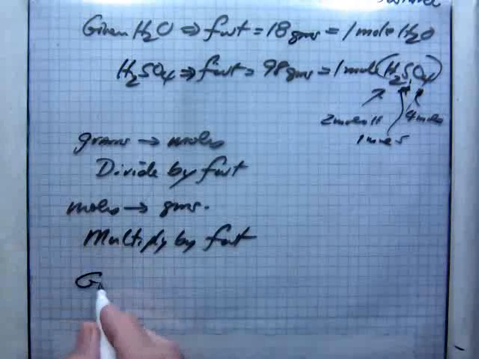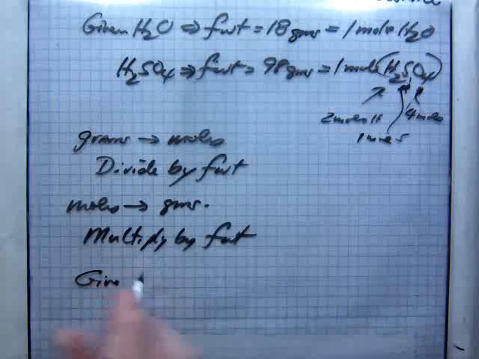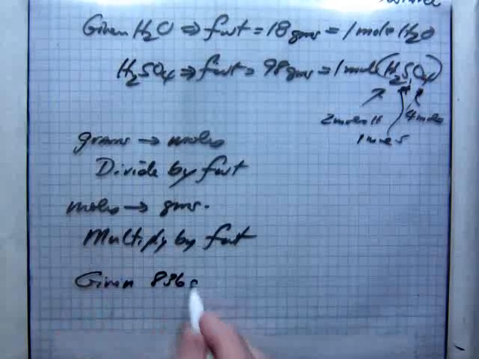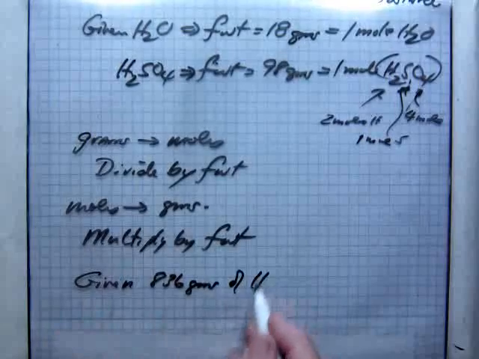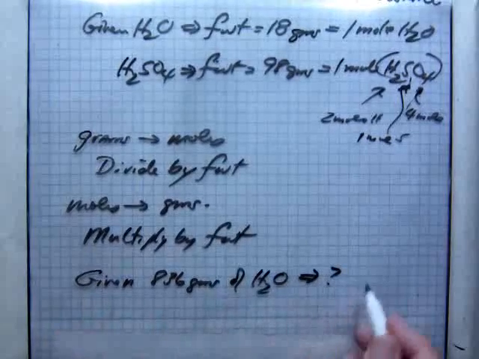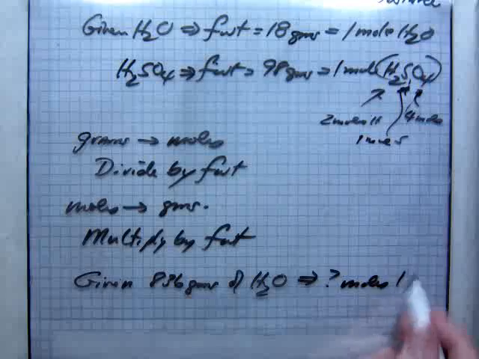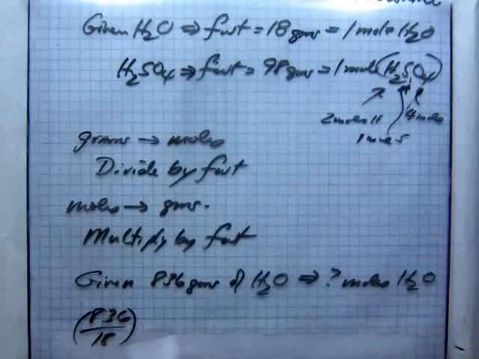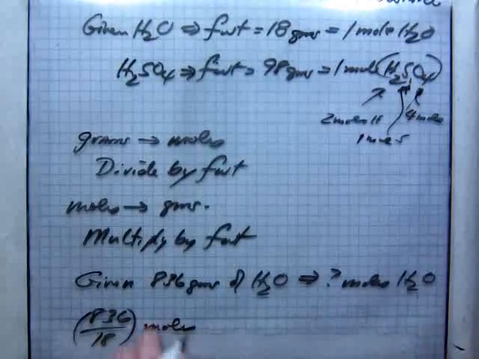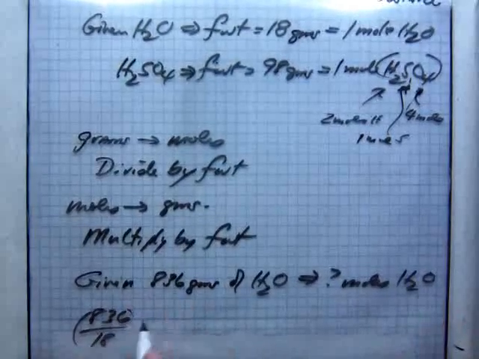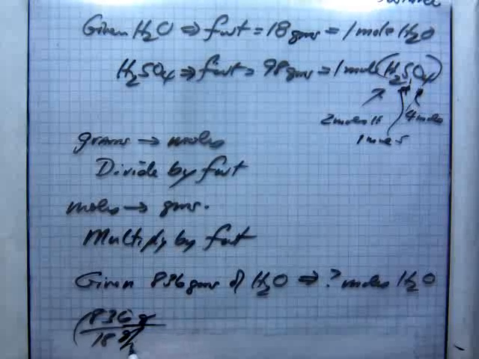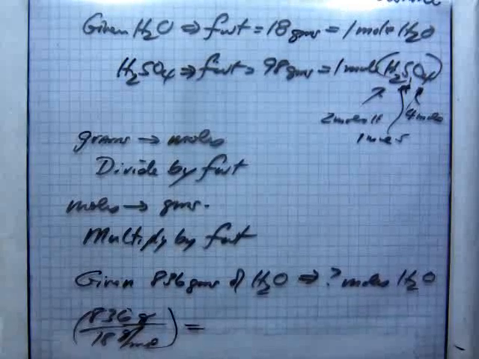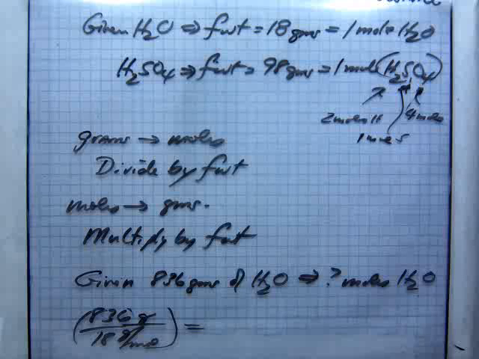So given 836 grams of H2O, how many moles H2O do you have? Well, that's 836 divided by 18, and that'll give you moles. Because, well, let me put the units in so you can see that. 836 grams in grams per mole. That's 46.4